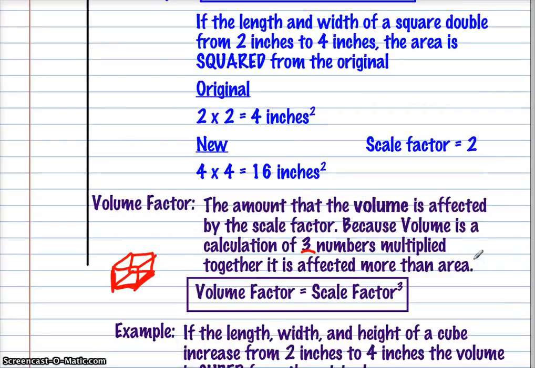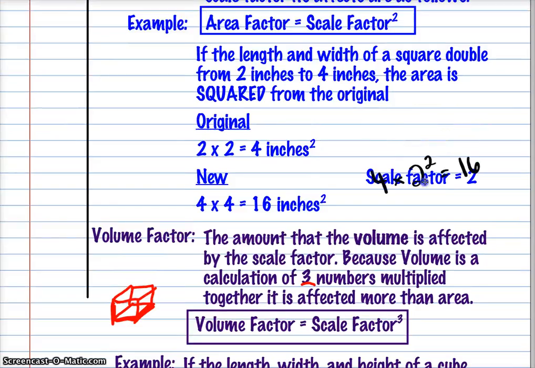The same worked over here, where I had the original area of 4 times my scale factor squared, and I got my new area, which was 16. Now if I increased from 3 to 9, these numbers would change because this would be a 3 squared. So that's where these numbers come from. We're going to fill out this activity here,